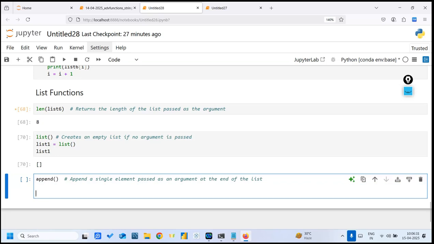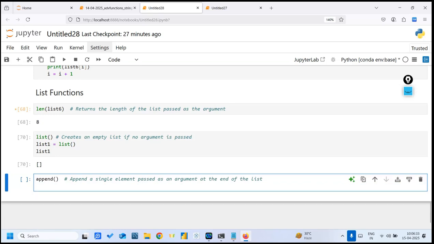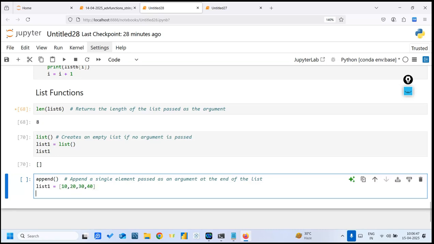For example, let us say list 1 is equal to some elements created like 10, 20, 30 and 40. This is list 1. And if I want to append another element,